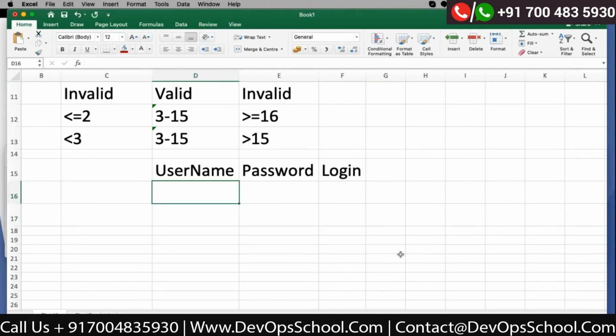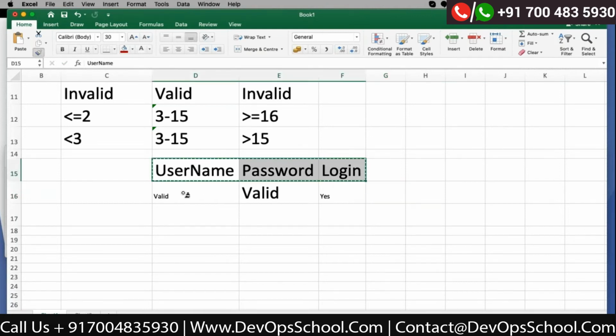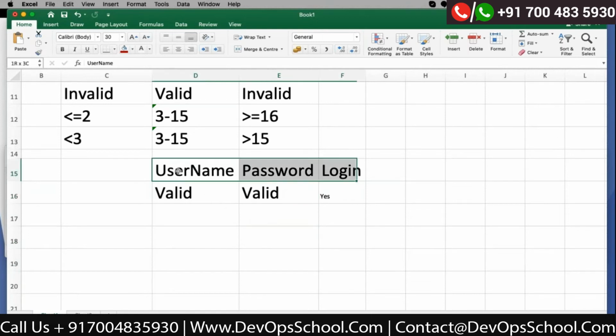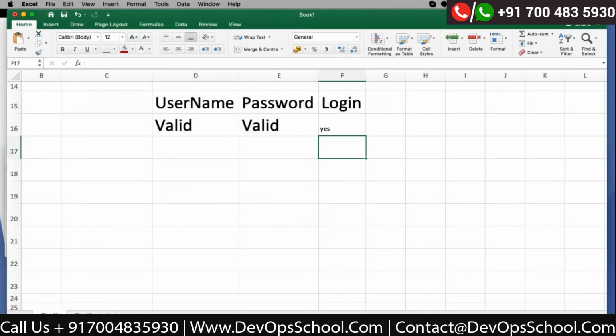Here, valid username. If it is a valid username and valid password, I should be able to log in. Yes, right. I should be able to log in. I don't know what happened. Okay.